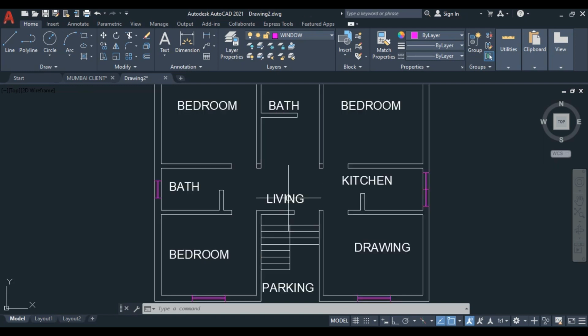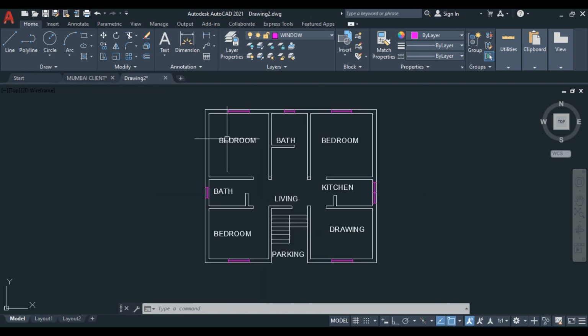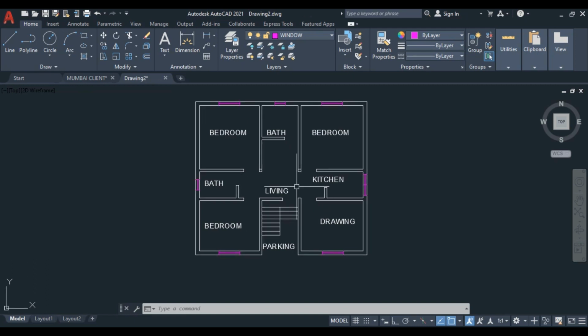Now you can do hatches on your wall. Okay, if you want, then you can add hatches to your wall. So before hatches, I'll just show the complete dimension of the area, like bedroom, bathroom.